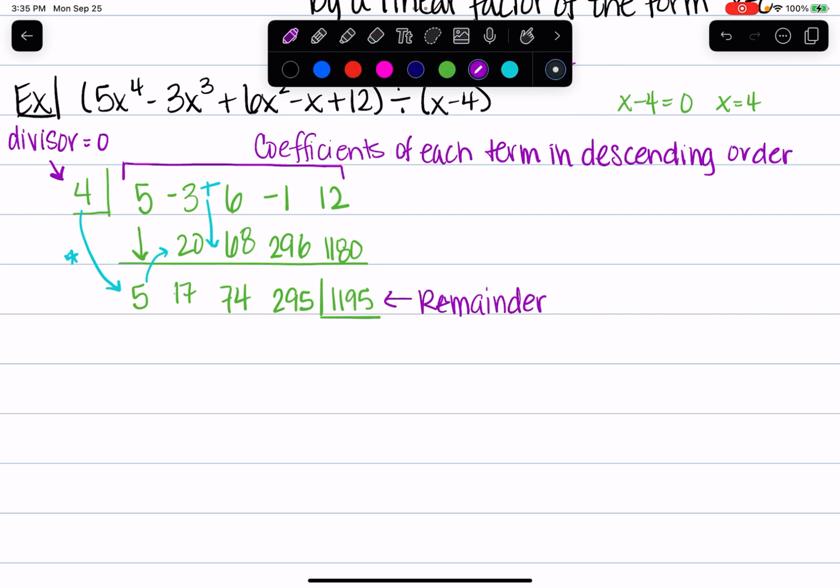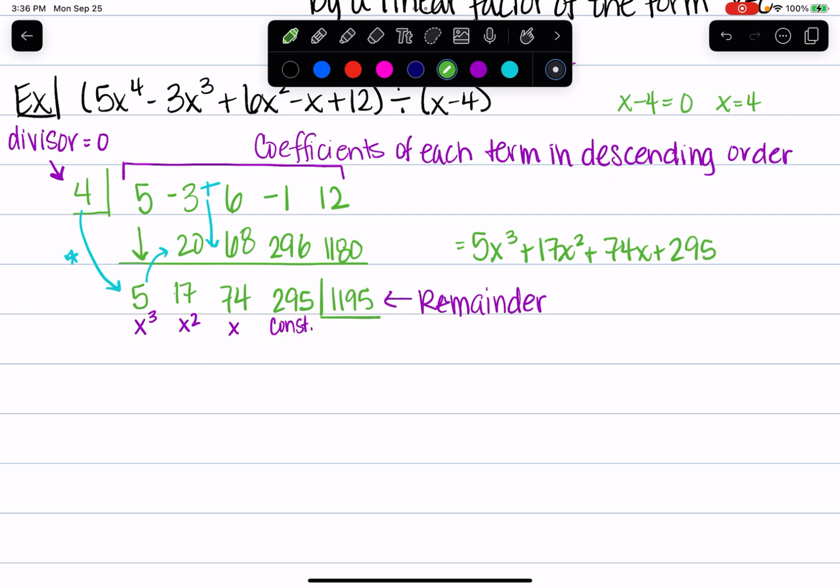Now, how to read this answer. This is your constant. This is your x, this is your x squared, and this is your x cubed, and you keep going up until you're out of room. So for my solution, I have 5x cubed plus 17x squared plus 74x plus